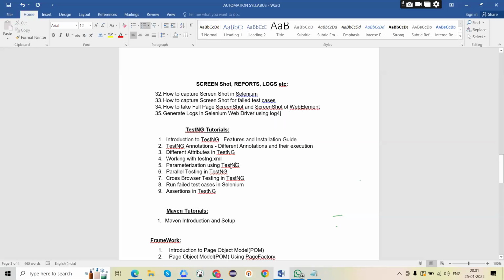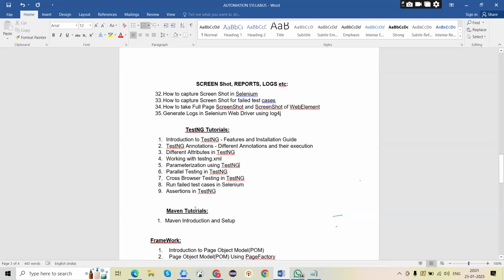Around 20 tests are run, 10 passed and 10 failed, and it will provide us the reports like this. In some companies, it will be Selenium with TestNG, Selenium with JUnit, and Cucumber. I think you know about Cucumber, right? Selenium TestNG plus Cucumber, or Selenium with Cucumber, like this.